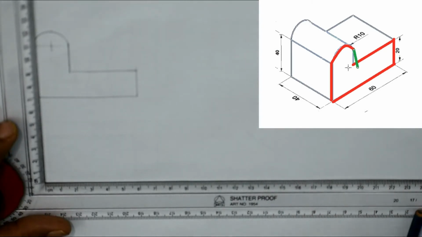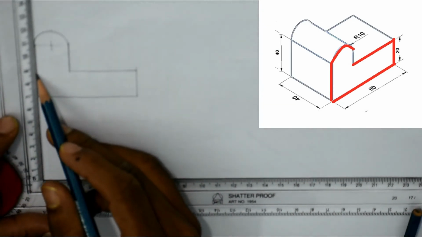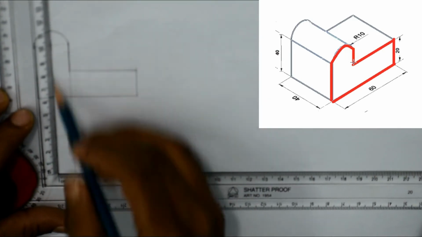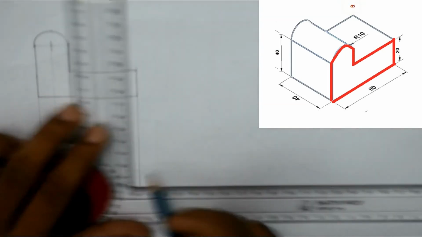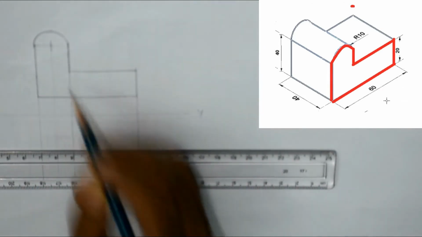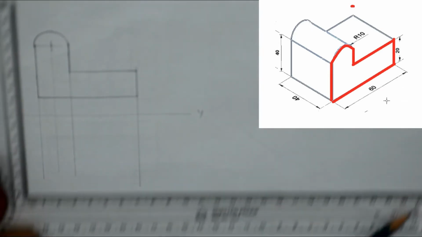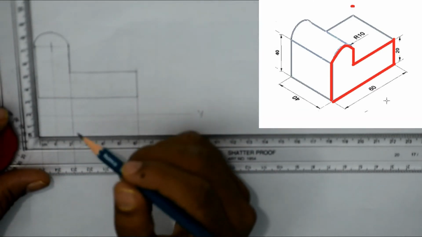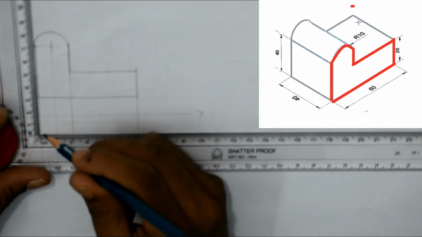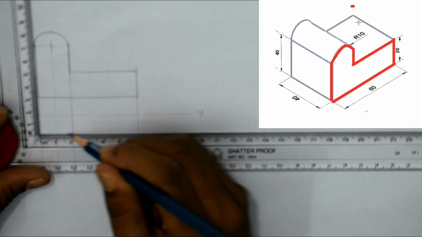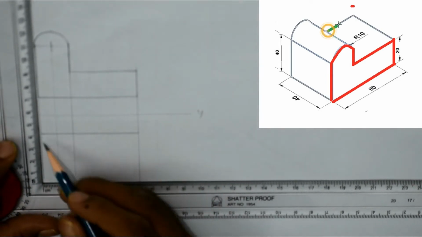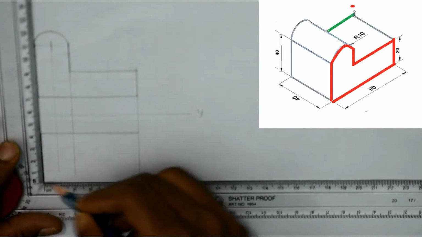Now for the top view, I will take the projections first. The center line is also important here, and this ending line. This is your XY line. This is your front view, and we will now get the top view. As I have shown you in the top view, there are only rectangles which will be visible. So this is your line, and the total width is 40, as we can see in the top view.